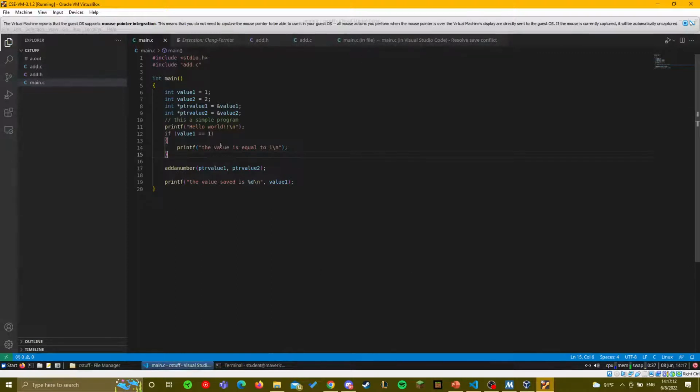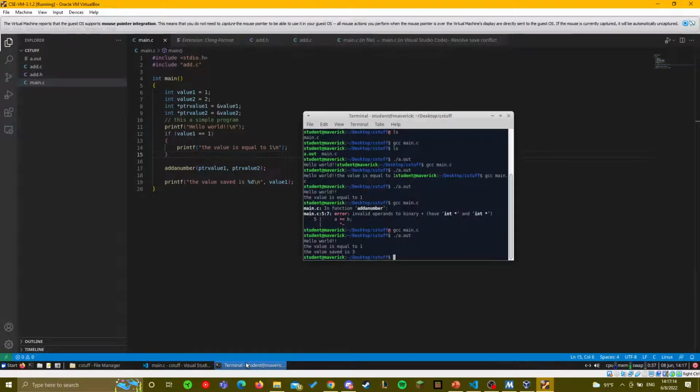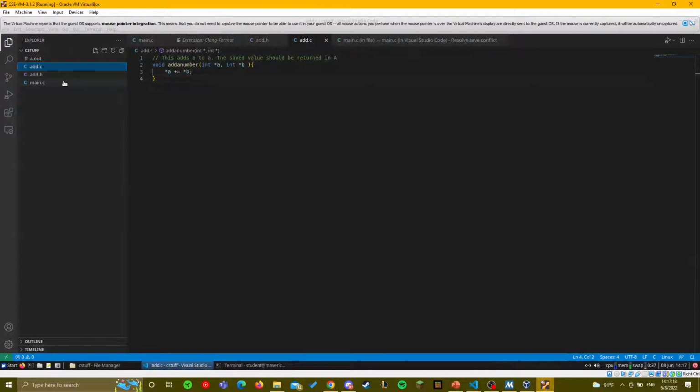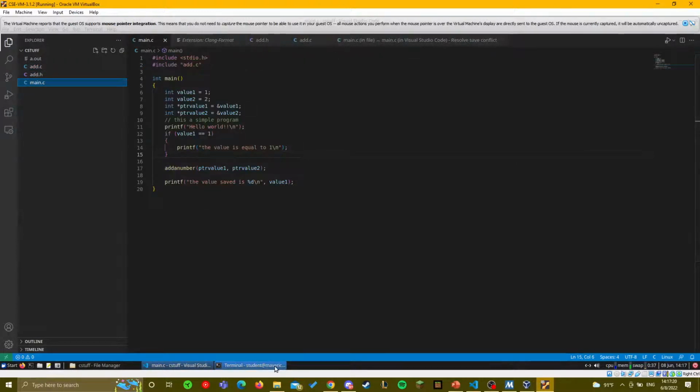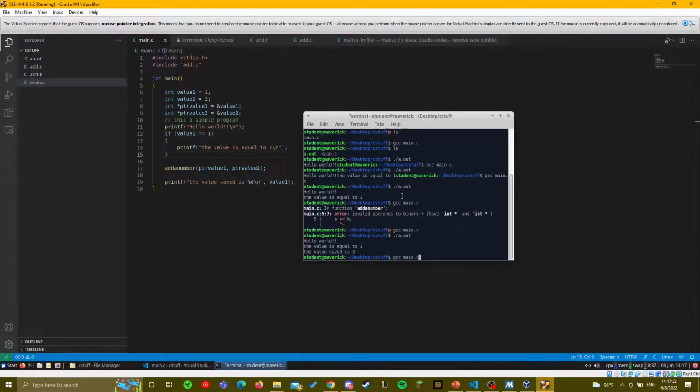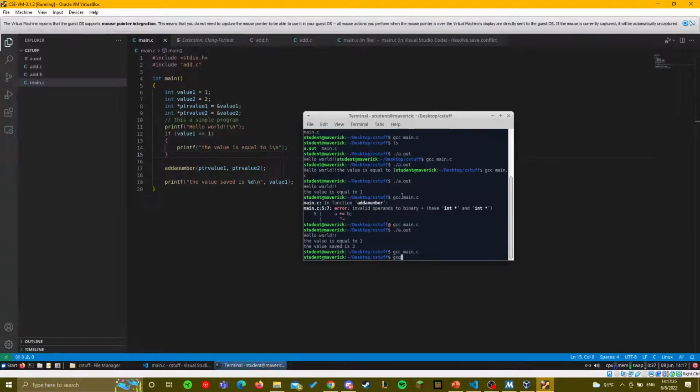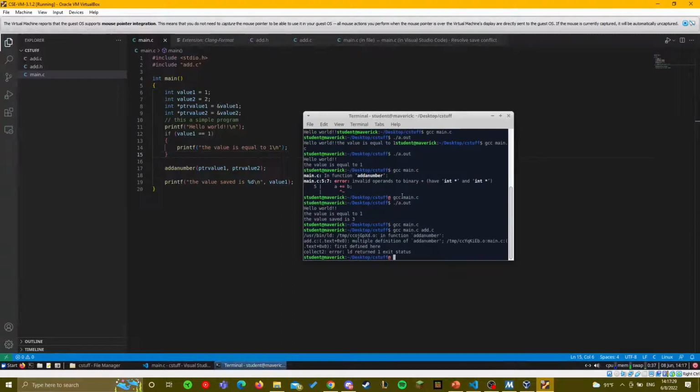Now, if I save this, this should also, see, yeah. Sorry, include multiple definitions.